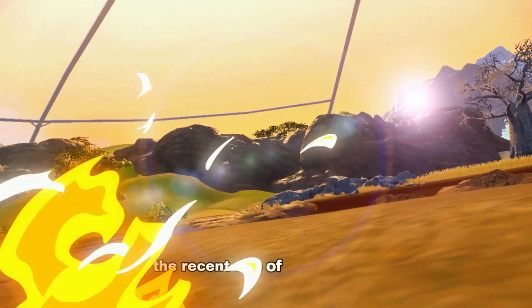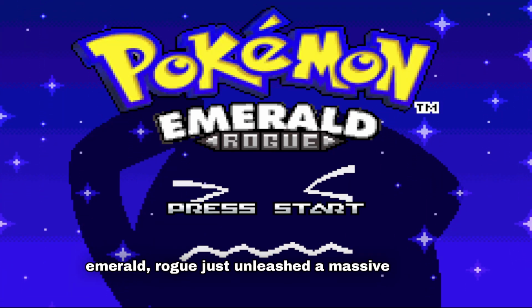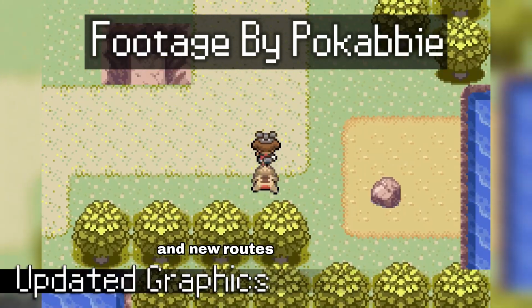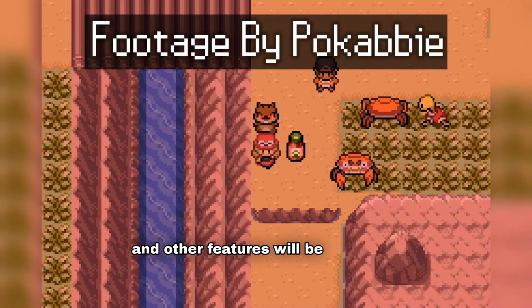With the recent rise of roguelites within Pokemon, Emerald Rogue just unleashed a massive update bringing all new Pokemon up to Gen 9, terastalization, and new routes with updated biomes and graphics, and other features will be explained throughout the